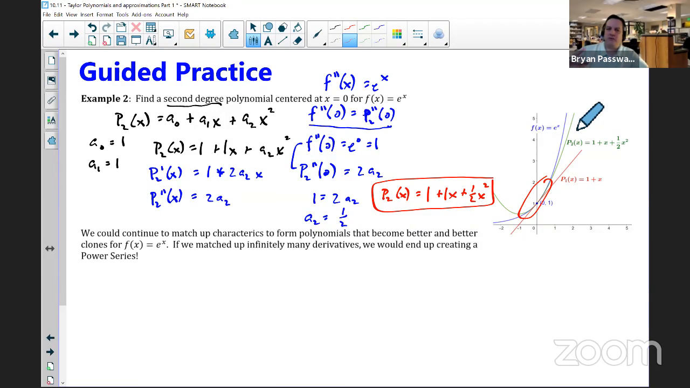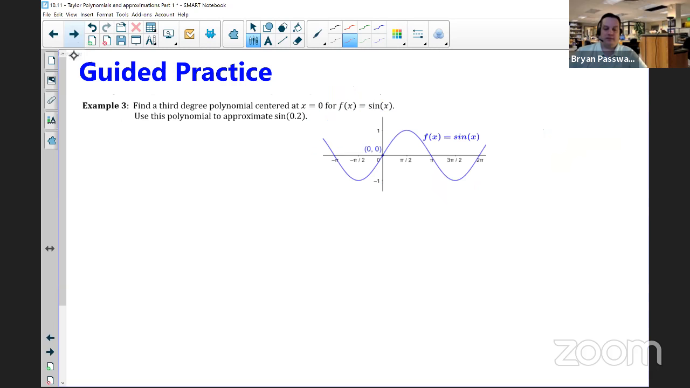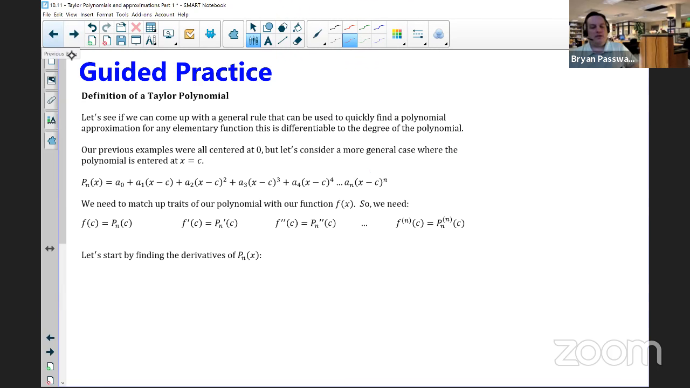And so this is how all these things are going to tie together, that if we kept going, we could create a perfect model that would create a representation for something like e to the x or sine of x or something like that. So I want to jump ahead a little bit, and I know that it's almost 9:45,